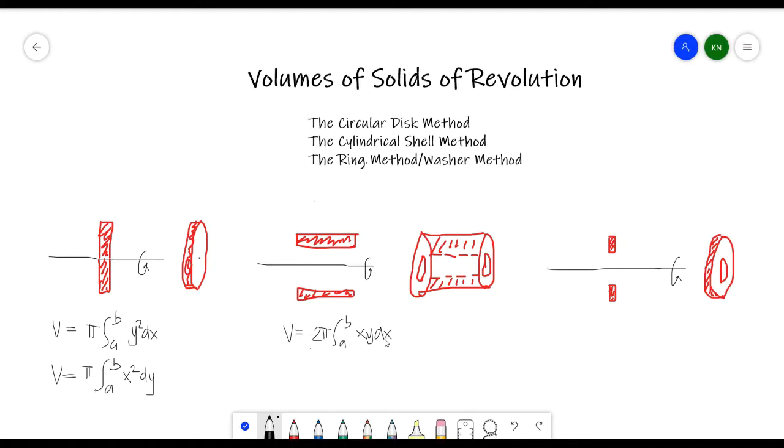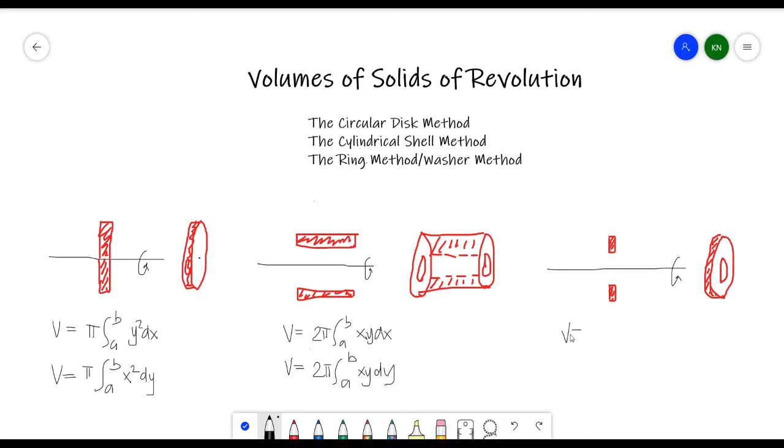If our strip is horizontal, the volume is equal to 2 pi integral from a to b of xy dy. Basically, whether it is with respect to x or with respect to y is the only thing that changes. For the equation of the volume of the ring method or washer method, we have